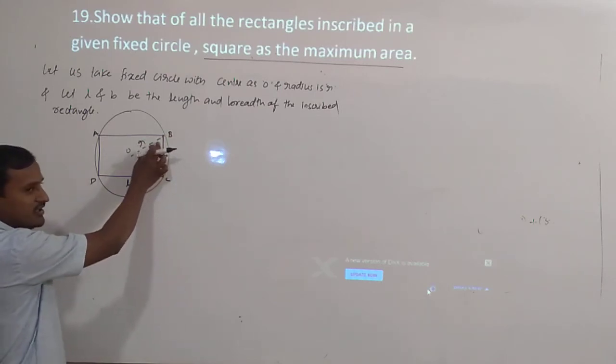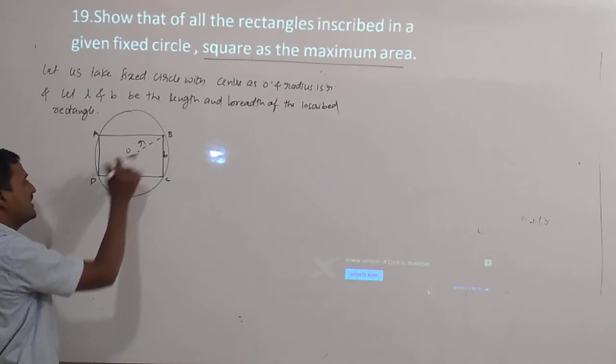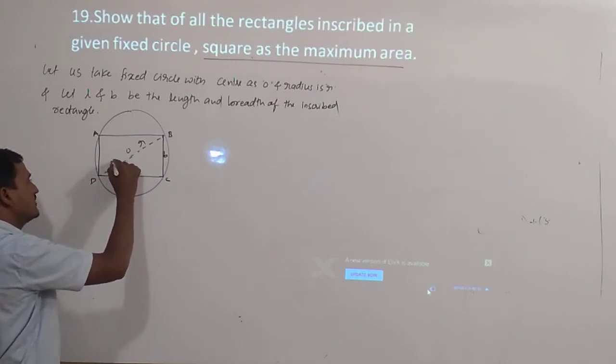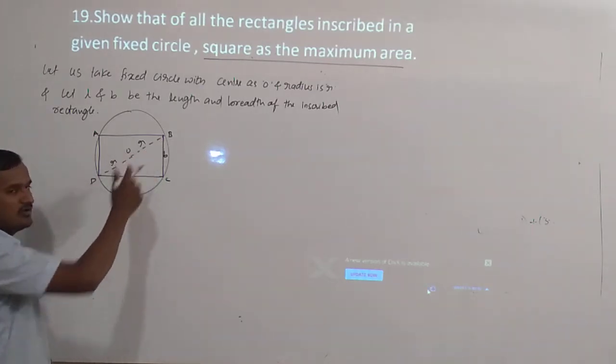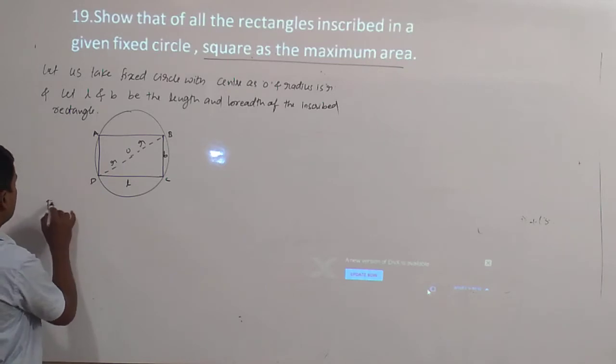So here it is a radius, and clearly this is also a radius. So therefore, what is the value of BD? From the diagram,